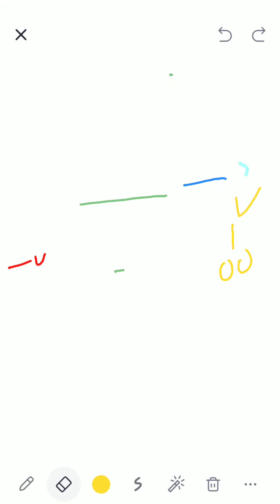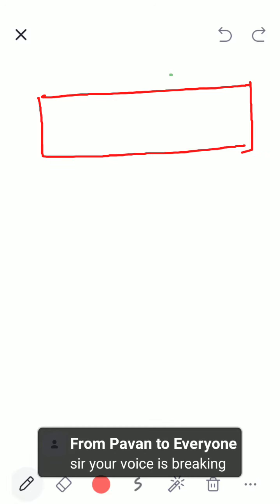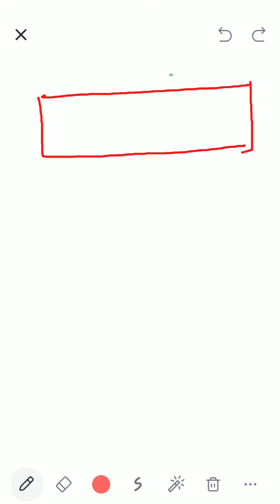Now suppose I have, for everybody, children, Yeah. Okay. Okay. Okay. Now suppose children, I have Govardhan. Yeah. Suppose I have one chocolate bar. Okay. Suppose I have one chocolate bar. Yes, Pawan, my voice is breaking, but only for you. So you will have to be in a network area.